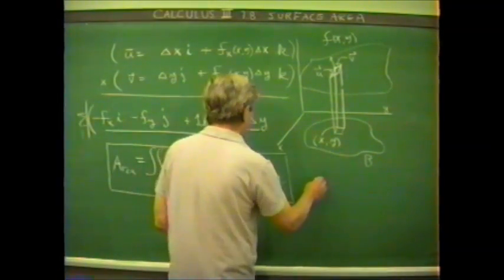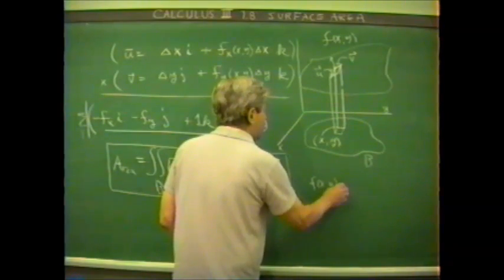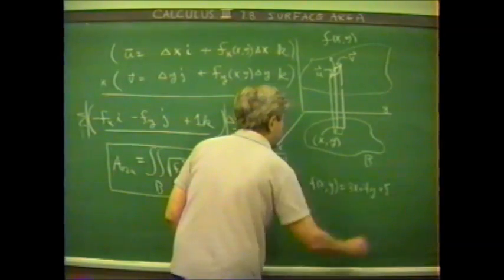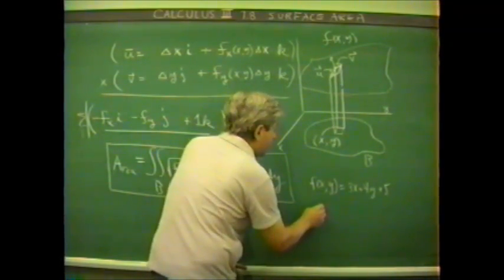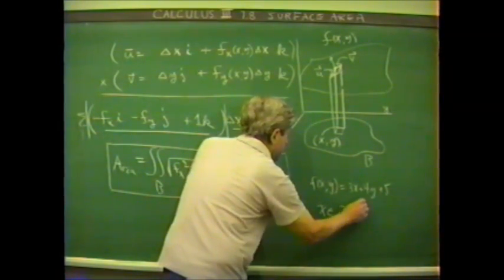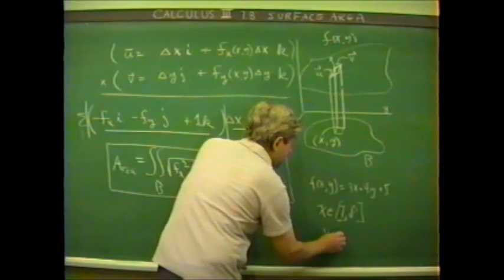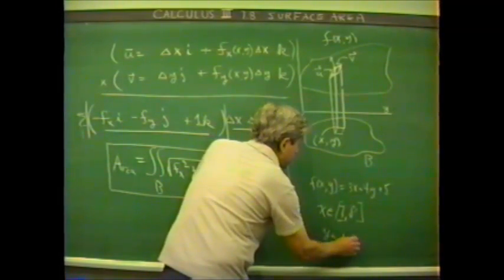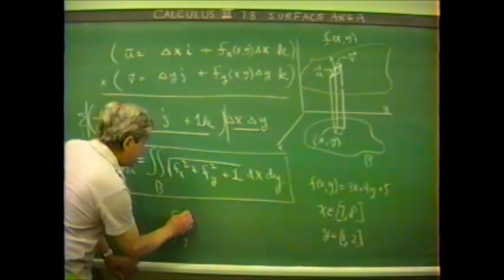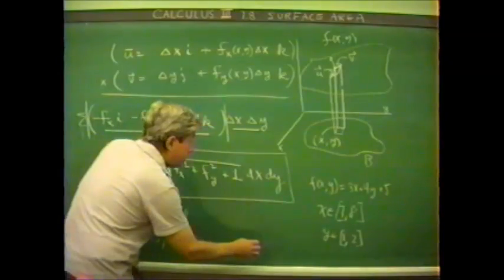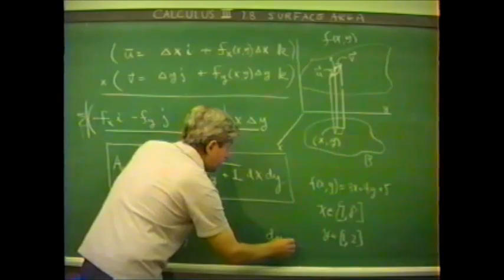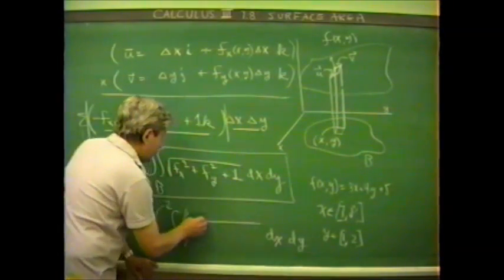In particular, let's say f of x and y describes a plane, say 3x plus 4y plus 5. And let's suppose we wish to know the area above the region when x is between 7 and 8, and when y is between 1 and 2. Well, we're going to want the integral from 7 to 8 with respect to x, and then the integral from 1 to 2 with respect to y,